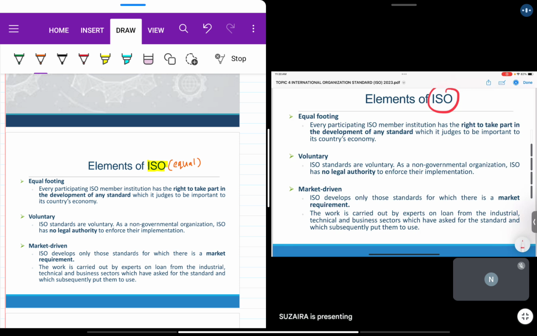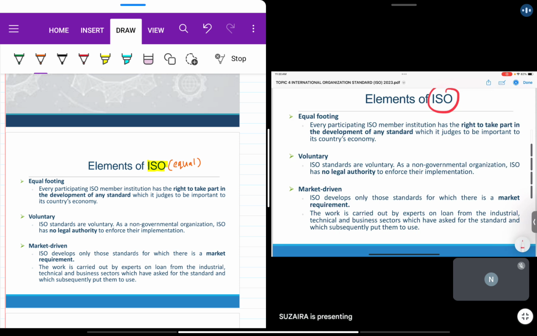Okay, so equal footing means that everyone will have, not to say everyone, but if you have knowledge in that area, for example, food products. Maybe you are an expert in food toxicology. You can represent a university or be a researcher, and sit together with other representatives from industry and share the knowledge. So you actually contribute ideas in order to develop a new standard. Okay, so that's how it works.